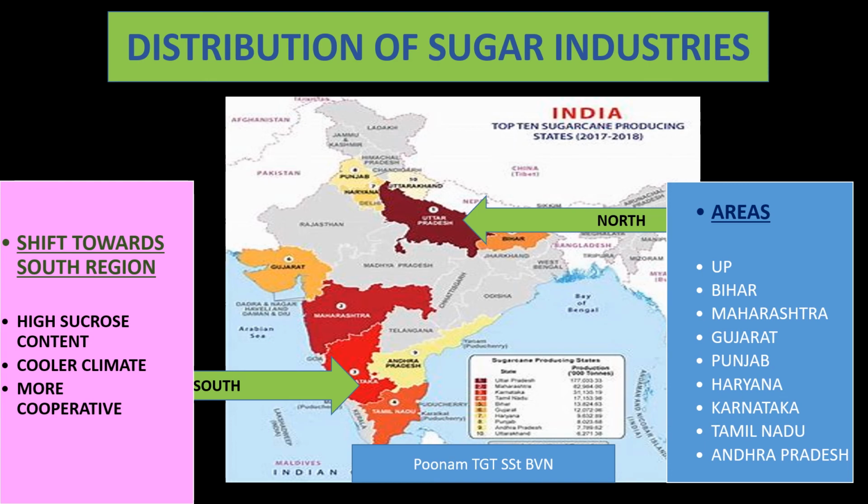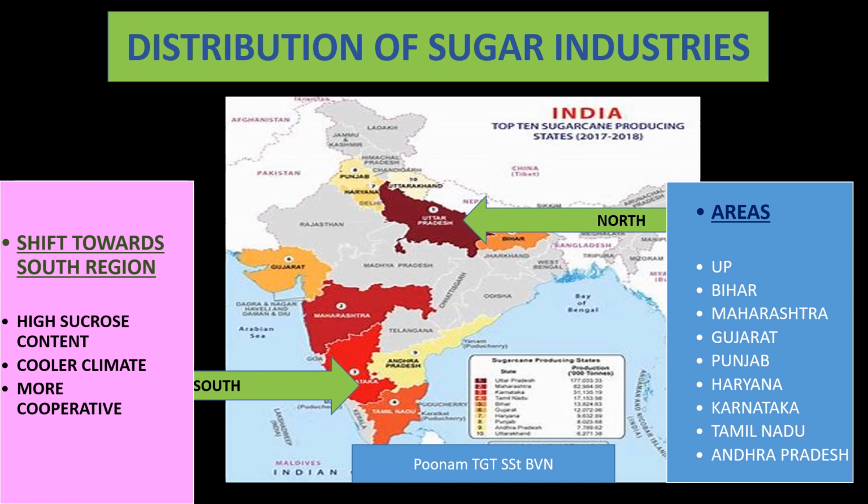In our country, sugar mills are widely spread over Uttar Pradesh, Bihar, Maharashtra, Karnataka, Tamil Nadu, Andhra Pradesh, and Gujarat, along with Punjab, Haryana, and Madhya Pradesh. On the basis of distribution, sugar industries can be broadly categorized into northern regions and southern regions. In recent years, there is a tendency for the sugar mills to concentrate in the southern states of India, and it happened because of the following reasons.